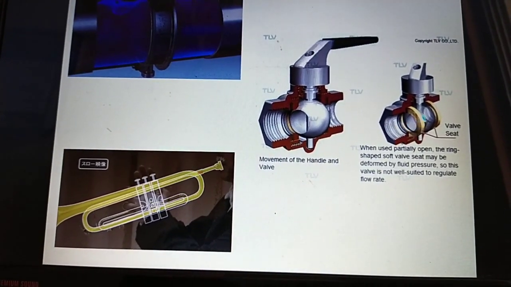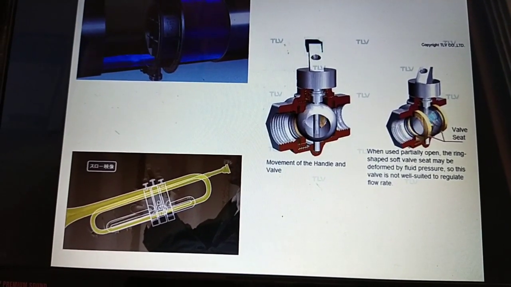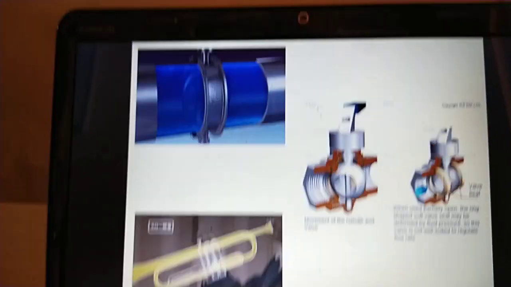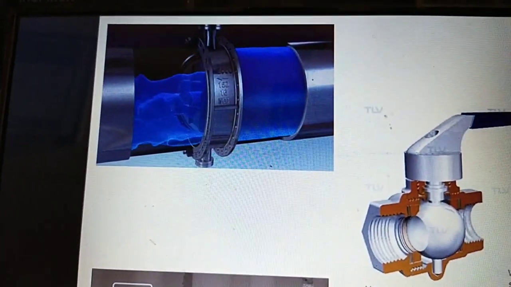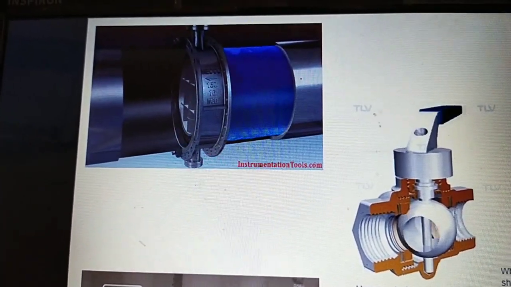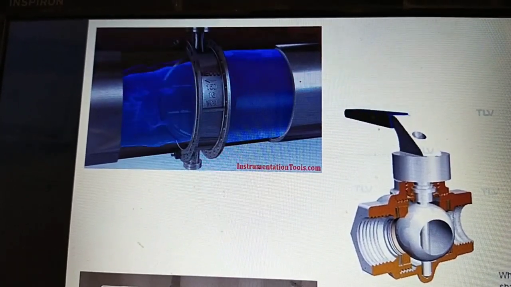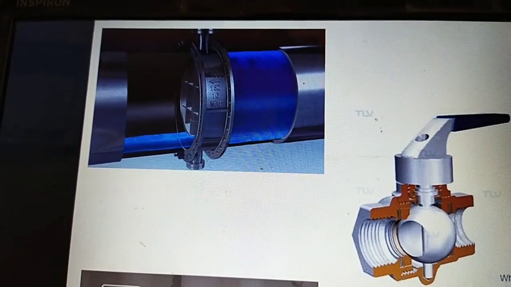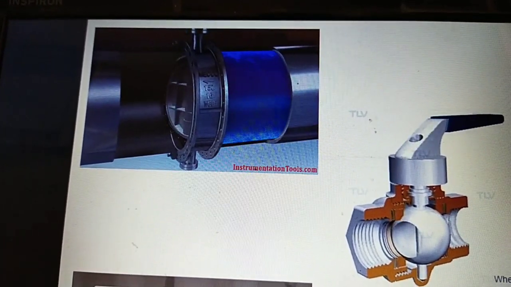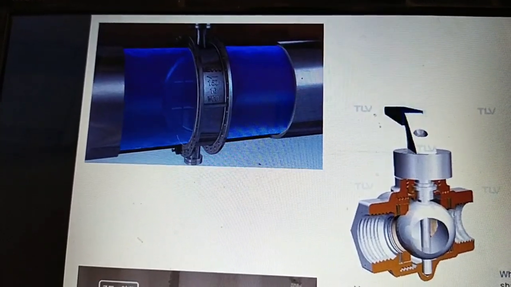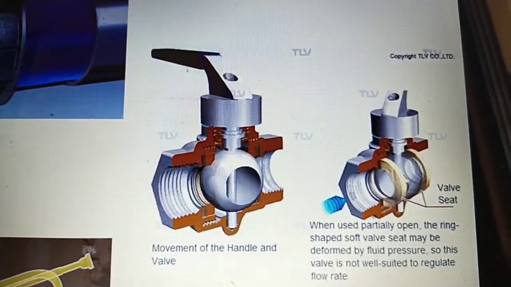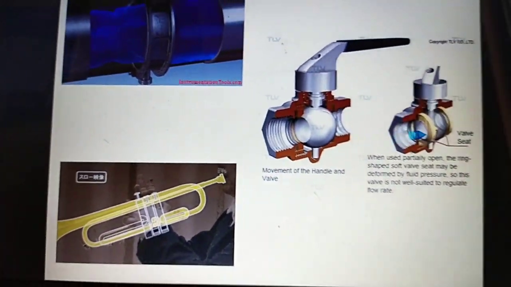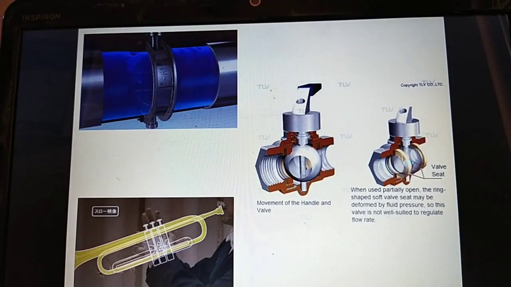Especially, valves are automatic devices allowing movement in one direction only. The main feature or function of the valve is that it allows the movement of any fluid or gas in one direction only, not in two directions. Valves just allow the movement in one direction only. Now we can go to the next slide.